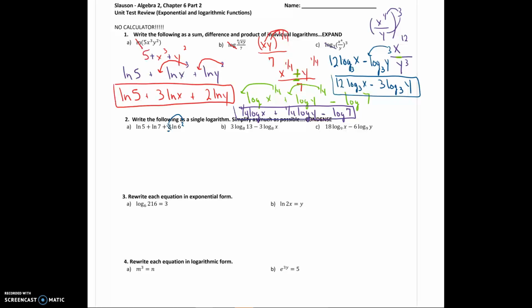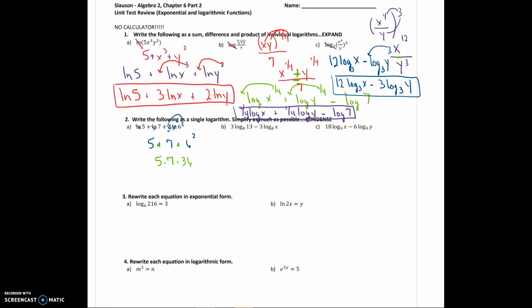And then if you just ignore all of the logs, so just cross these out, and you see this 5 plus 7 plus 6 squared, this is where the addition is going to turn into multiplication. So these become multiplication dots. So it's going to become 5 times 7 times 6 squared, which I'm just going to go ahead and turn into 36. Now, on the test for this particular problem, 5 times 7 times 36 would take a little bit